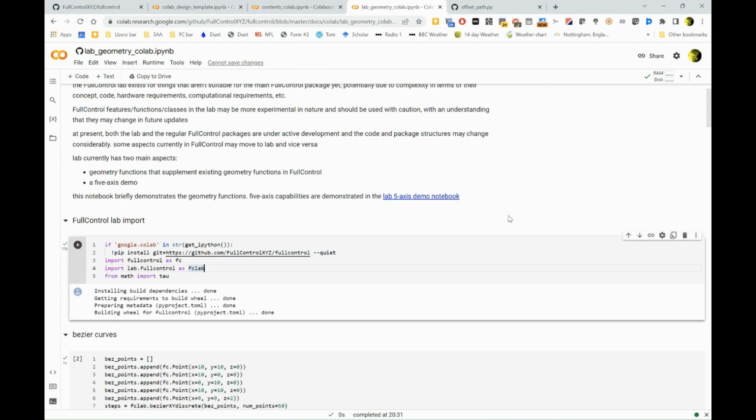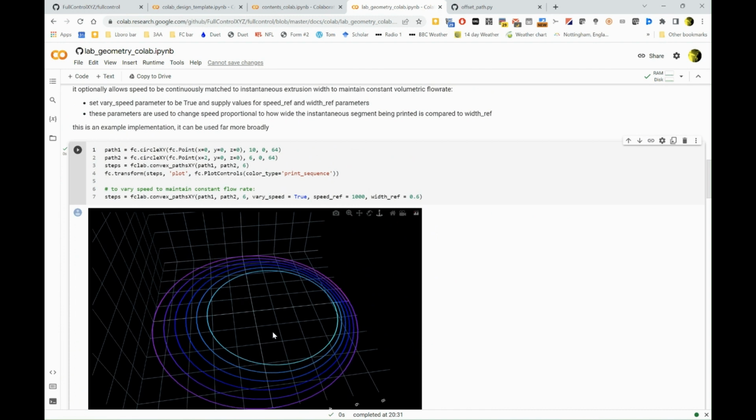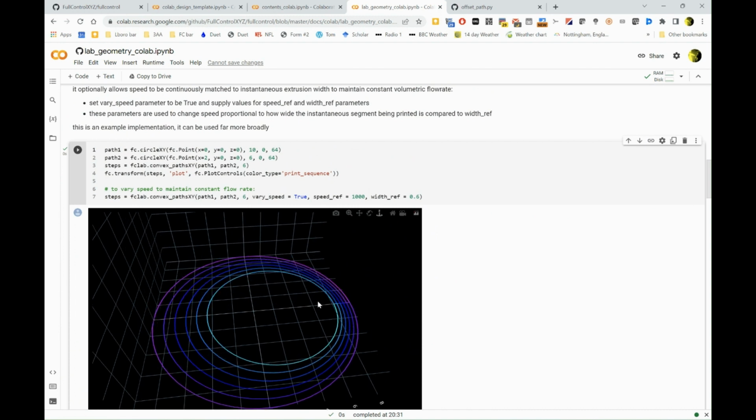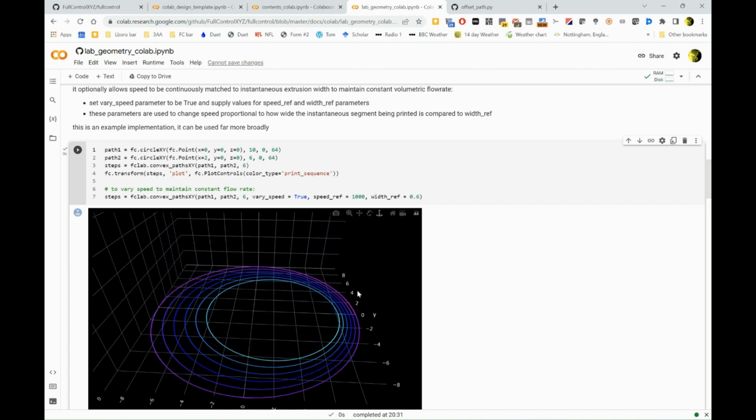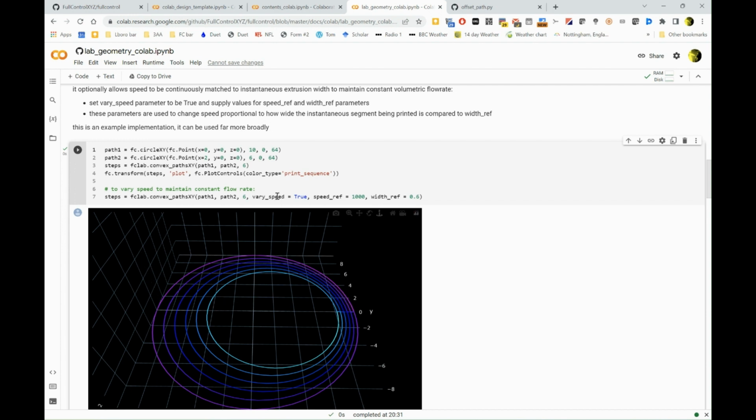And that's it. There's another thing slightly relevant, which is a method of doing a similar thing, multiple walls, but instead of defining one and then having the other lines repeat out from it at an equal distance, with this one you define the outer wall and inner wall and how many lines you want to fill in between those walls, and then it will automatically calculate where those lines need to go, what their widths need to be at all the different points. And if you set vary speed as true, then it will slow down when the extrusion is wider to make sure that the volumetric flow rate is constant, which is really valuable for say Bowden systems or for